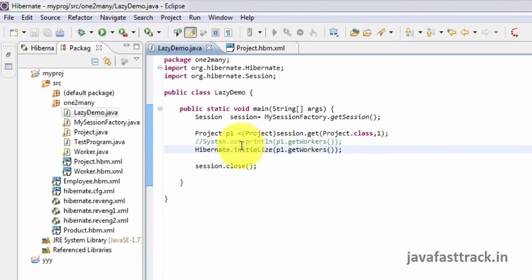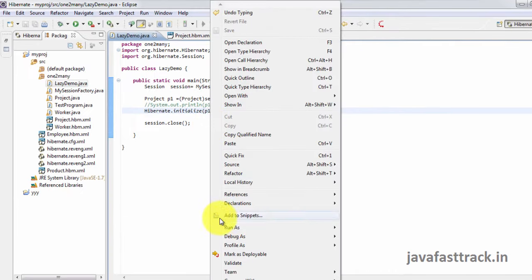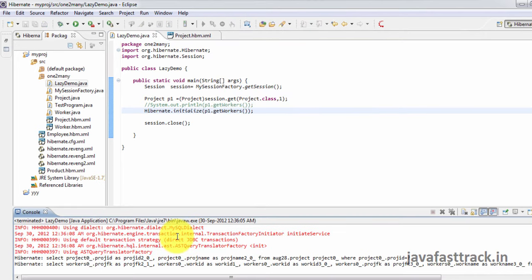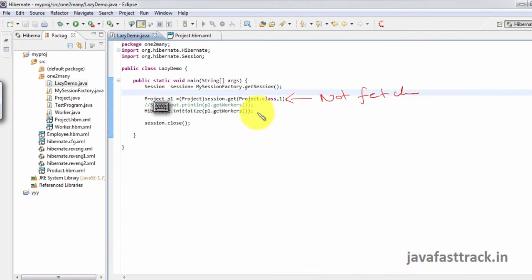Now I'm not using the getWorkers method, I am explicitly initializing it. Here you can see that worker data is not fetched. I am explicitly fetching the data by calling project.getWorkers.